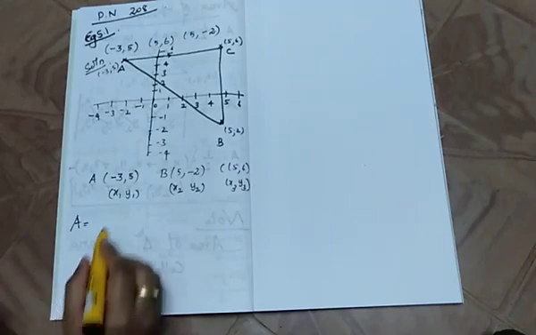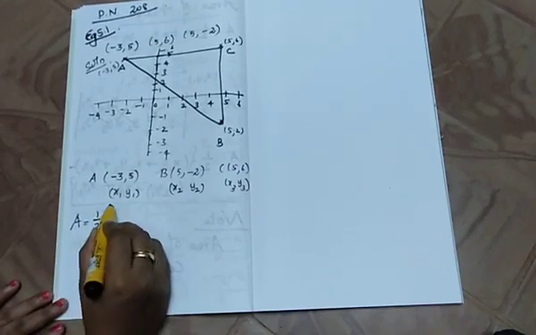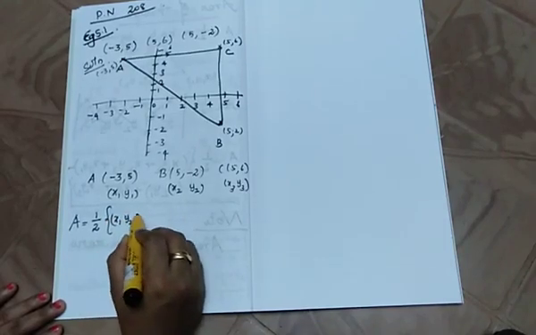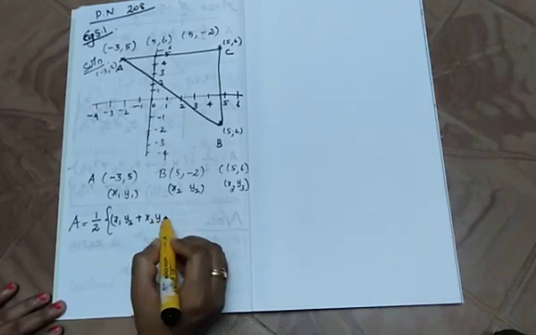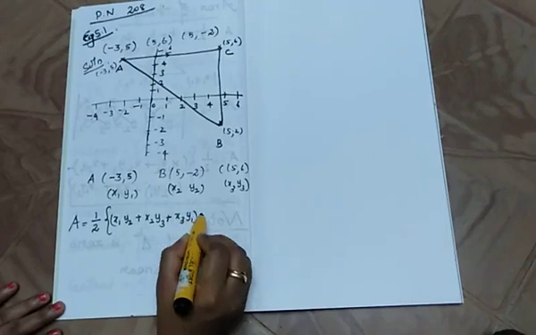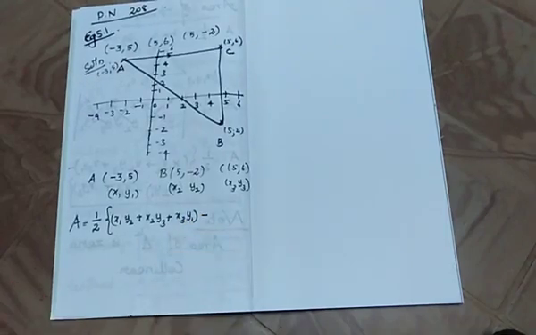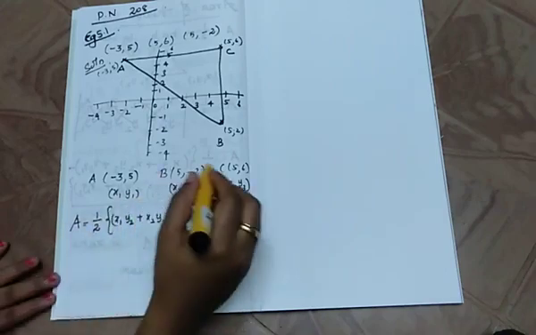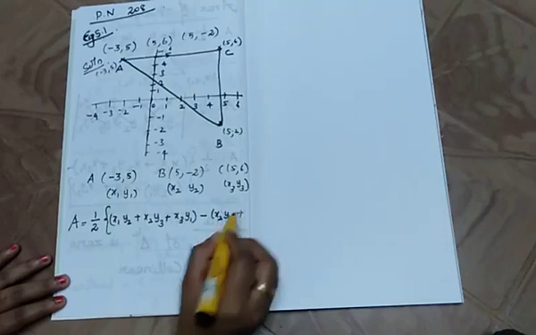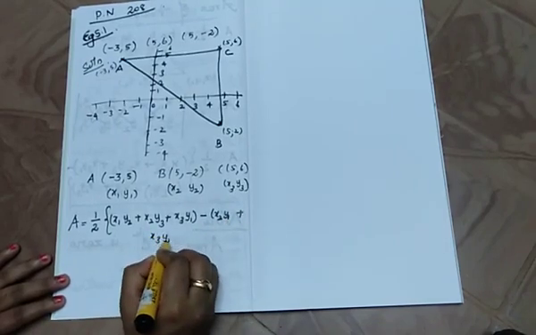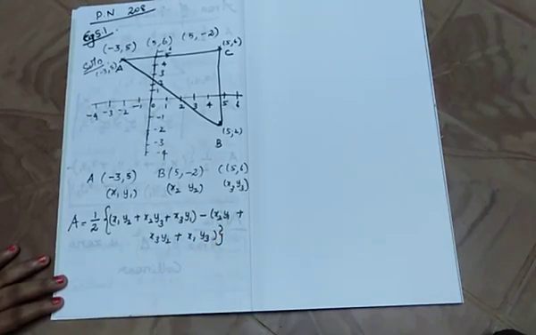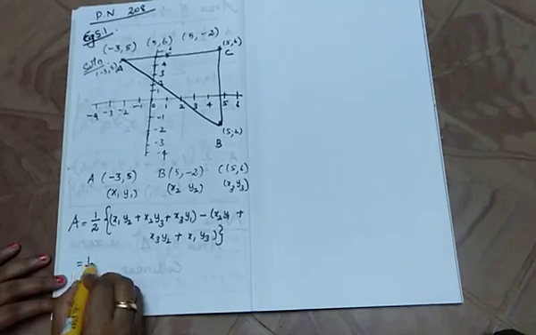Area is equal to half into x1 y2 plus x2 y3 plus x3 y1, minus, x2 y1 plus x3 y2 plus x1 y3. Now substitute it and let's see what we get. Half into,